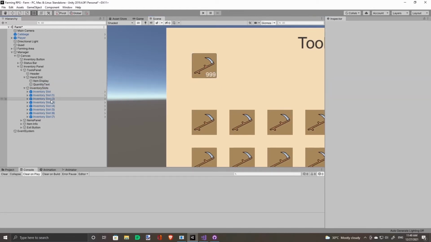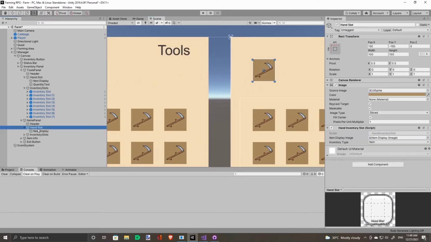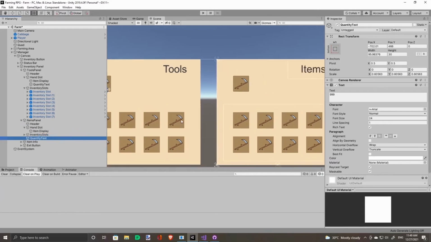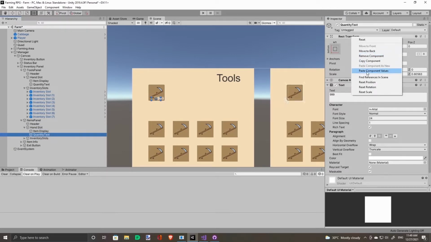Copy this, put it over here as well. Copy the transform values from this one and put it in the other hand slot. There.